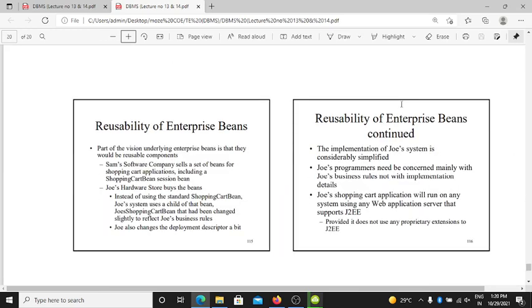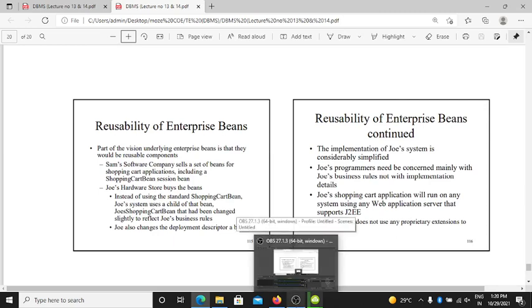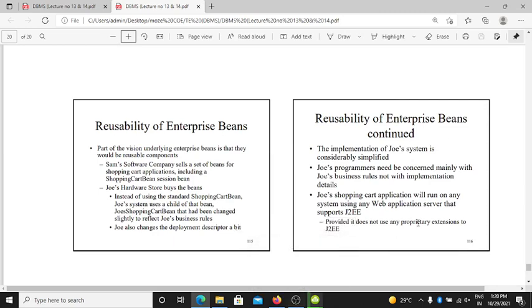Reusability of enterprise beans. Part of the value of using enterprise beans is that they can be used as components. Say a software company comprises a set of beans for shopping cart applications, including a shopping cart bean, session bean, and so on.